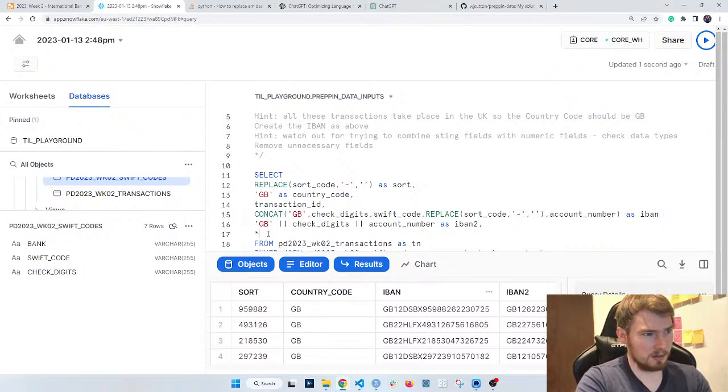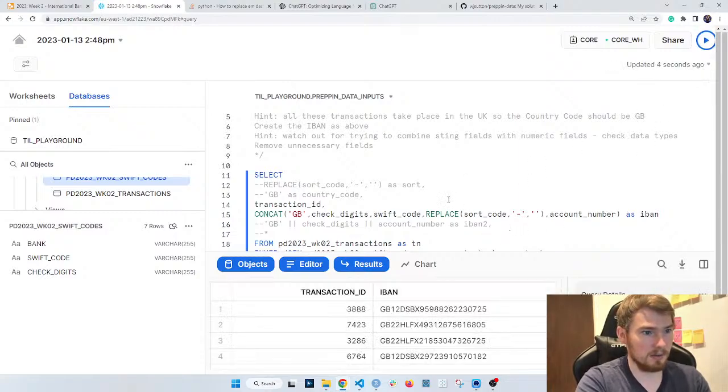Okay, so I can now get rid of everything else, because the sort code is being used in here. GB is fine to get rid of. Stars okay, and that other IBAN we were making can go too. So we play on that. So I've got my transaction ID and I've got my IBAN coming back.